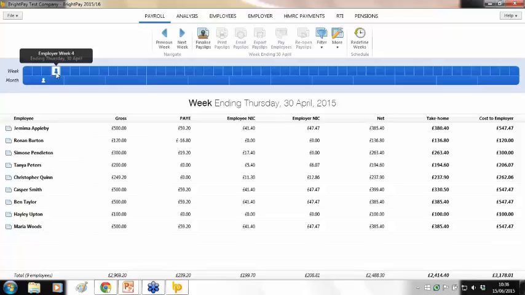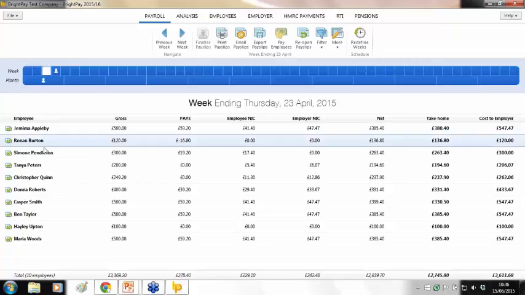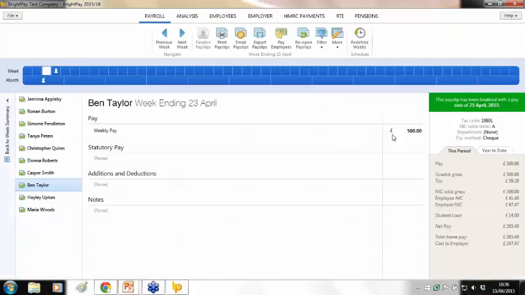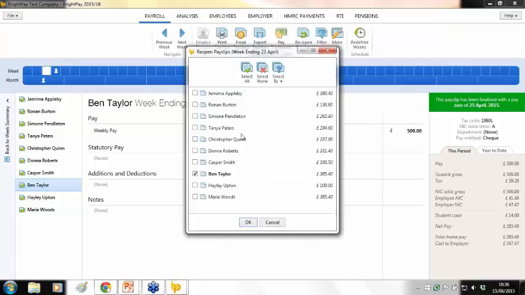So say, for example, that if I just go back into week 3, I have an employee here, Ben Taylor. So he was paid 500. Say in week 3, that pay should have been 600. Okay, so I now need to go back and just change that for him. So you'll see here, if I click into any previous pay period, I am given the option to reopen payslips on the menu bar. So if I click on this for you here,